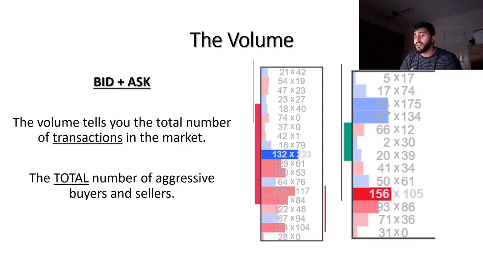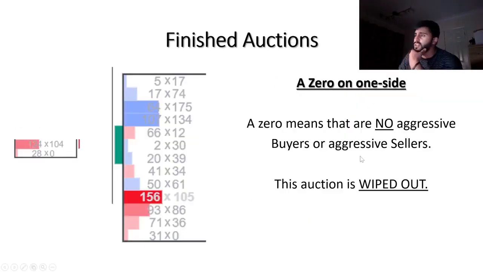So when you see the markets moving higher, but the volume is decreasing, this gives us an indication that that move higher may be coming to an end, and vice versa. When you see price moving down, but the volume isn't supporting it, so the volume is decreasing, this could give you an indication that that down move could be exhausted and we could see a move higher. That's basically how we use volume to our advantage. And last but not least, finished